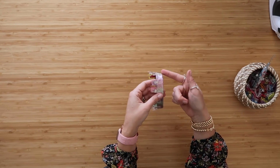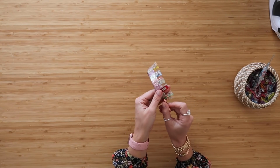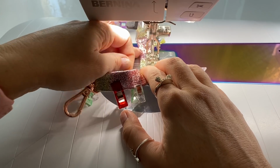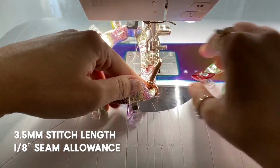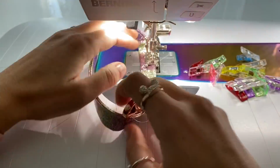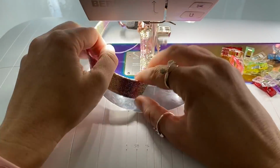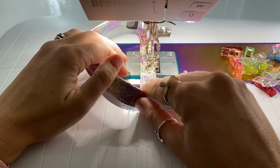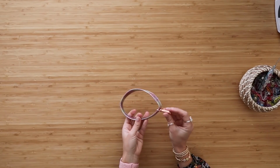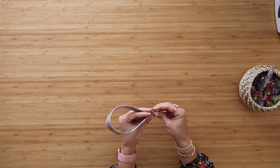Now we're gonna go to the sewing machine and we're gonna top stitch along both folded edges. Just move the ring out of the way as you go. You're gonna top stitch at 1/8 of an inch seam allowance on both sides. Once you have that all stitched in place, slide your swivel so that it's right against your seam, because that